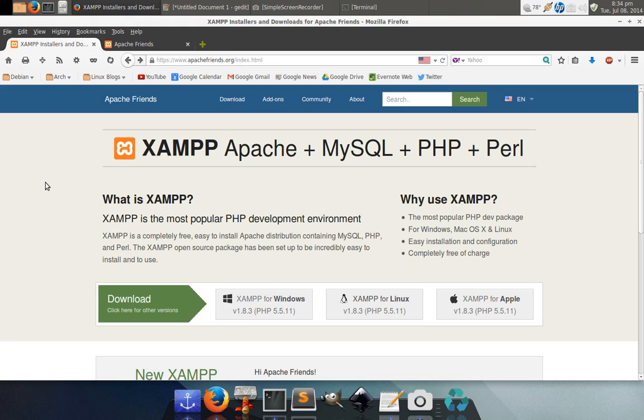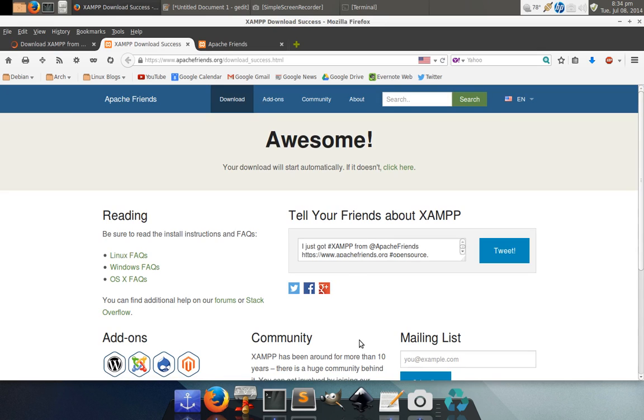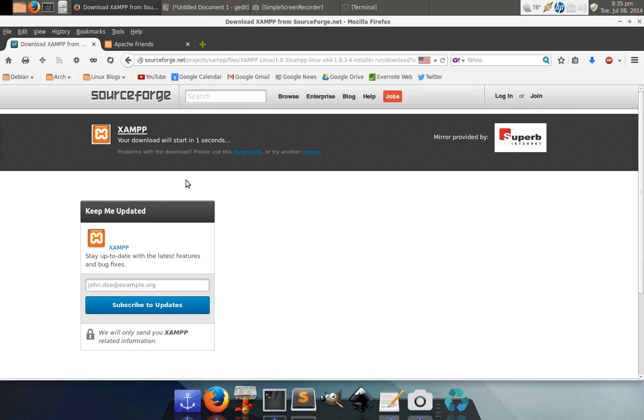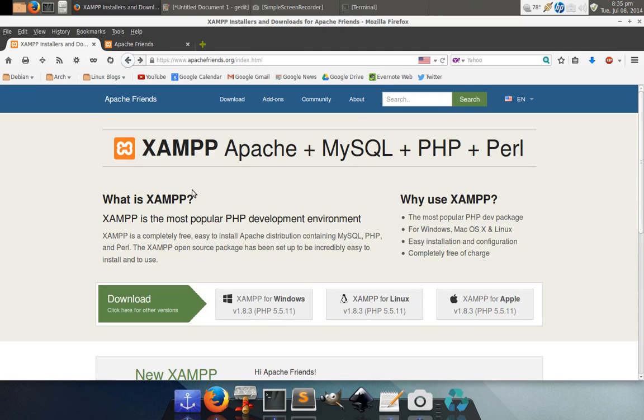on Linux itself. So here is the website for XAMPP. As you can see, it's cross-platform. That's another good reason why I like XAMPP. I use it both for Windows and for Linux. Even though I have Apple, I don't use it. I do more of my development on these two than I do on Apple. But here we're going to do Linux itself. So all you have to do is click where it says download right here, and it'll start downloading, and then you're off downloading XAMPP